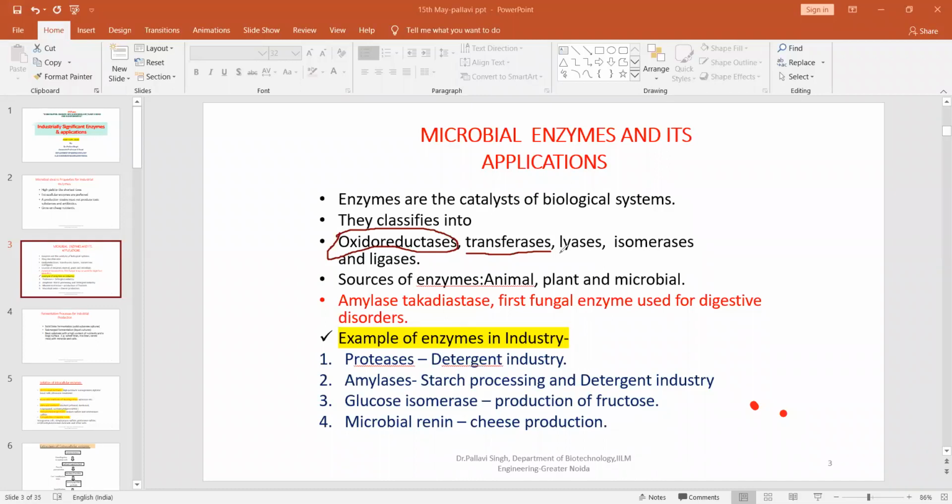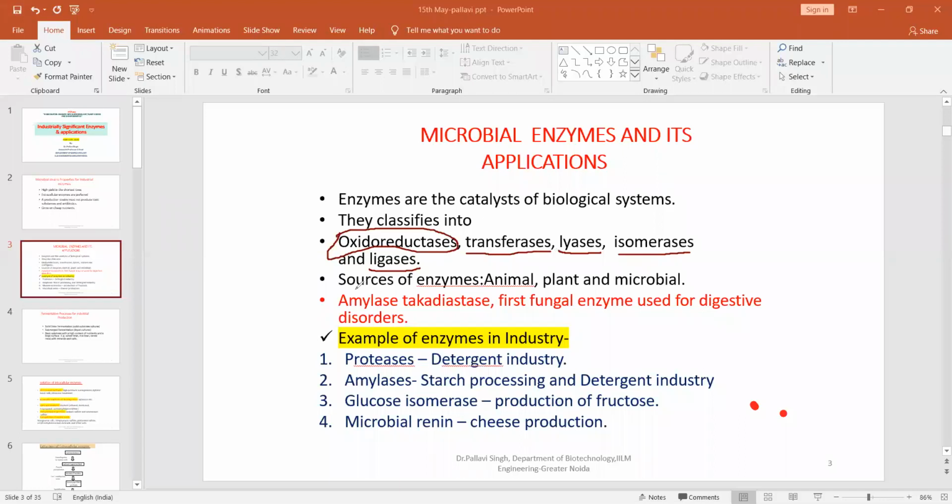Then we have another category known as lyases. Lyases are the enzymes involved in the lytic reactions, the breakdown of a complex product into simple products. We have isomerases. Isomerases are those enzymes which are the isomers of the basic form, L and D form, and they catalyze the reactions in the same manner as the original species does. Talking about the ligation reaction, ligation means when two things have to be ligated into one product. When you want to add up two molecules, there you have the role of ligases.